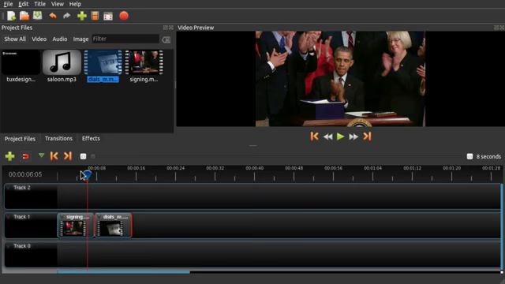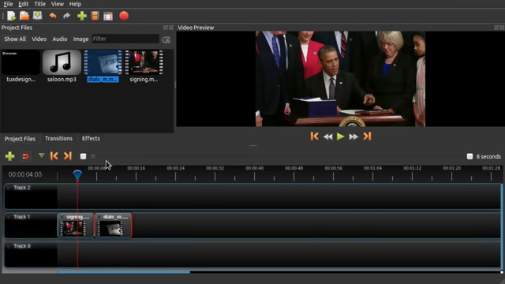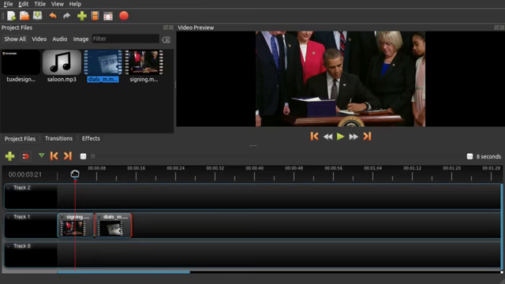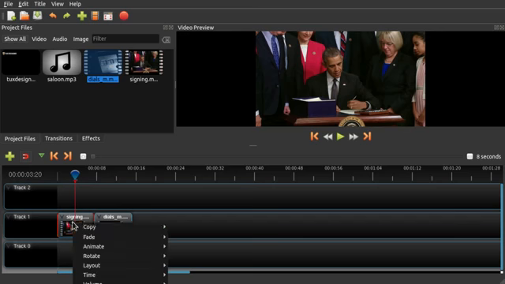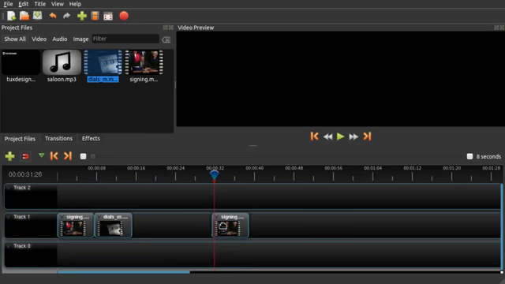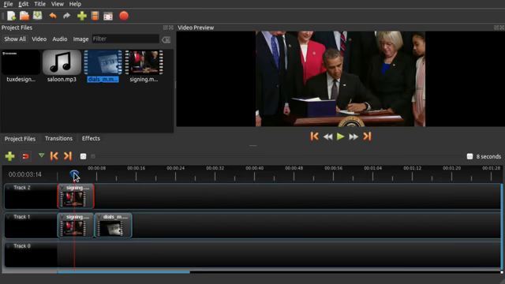right behind it. And now I can't zoom any further, but I want to split this video right before the people start clapping. But to do that, we're actually going to have to do something else. We're going to have to copy the clip, paste it somewhere else, put it on top of the other clip, and we're going to have to